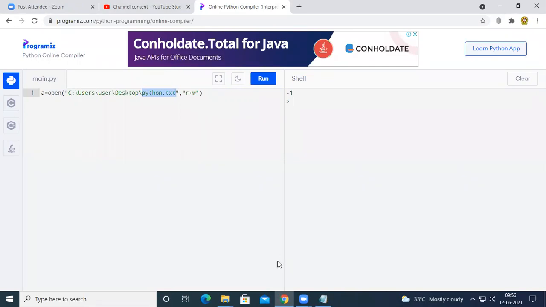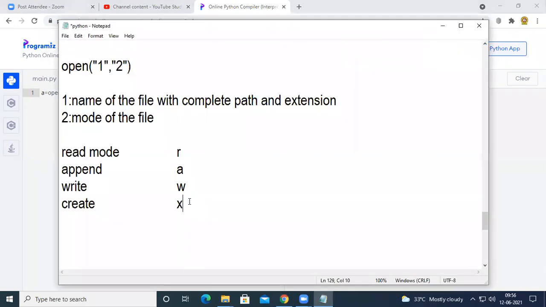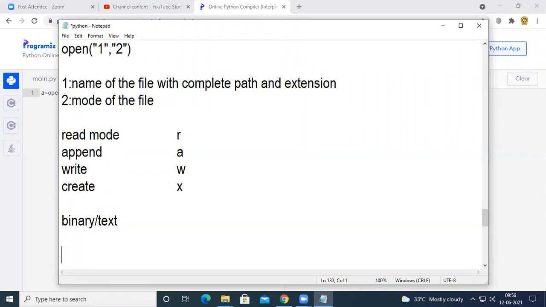And then in addition to these types of modes, you can specify whether a file should be handled as binary or text. So you can specify how you are handling a file or how you are opening a file, whether in terms of binary mode or text mode.